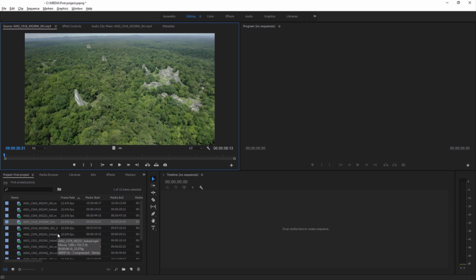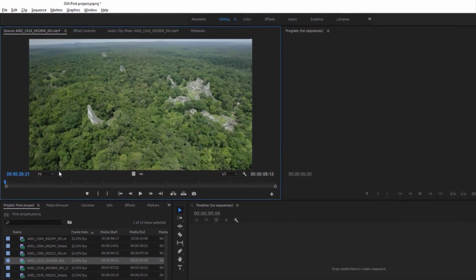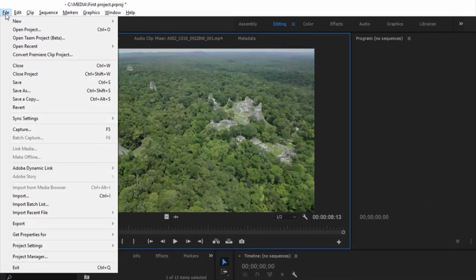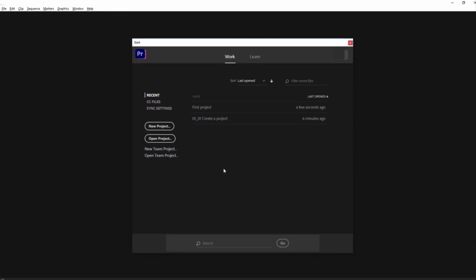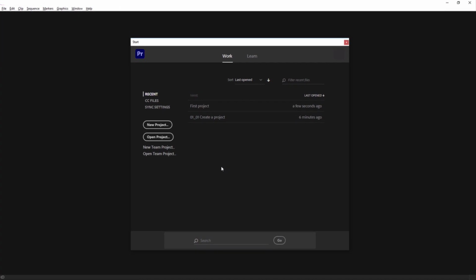So now we have a project file with some media imported, and we're ready to get started reviewing our footage and editing clips together. For now though, I'm going to go to the File menu again, and I'm going to choose Close Project. I will save the changes, and we're back to the Start screen. So that's opening an existing project, creating a new one, and importing some media ready for you to start working